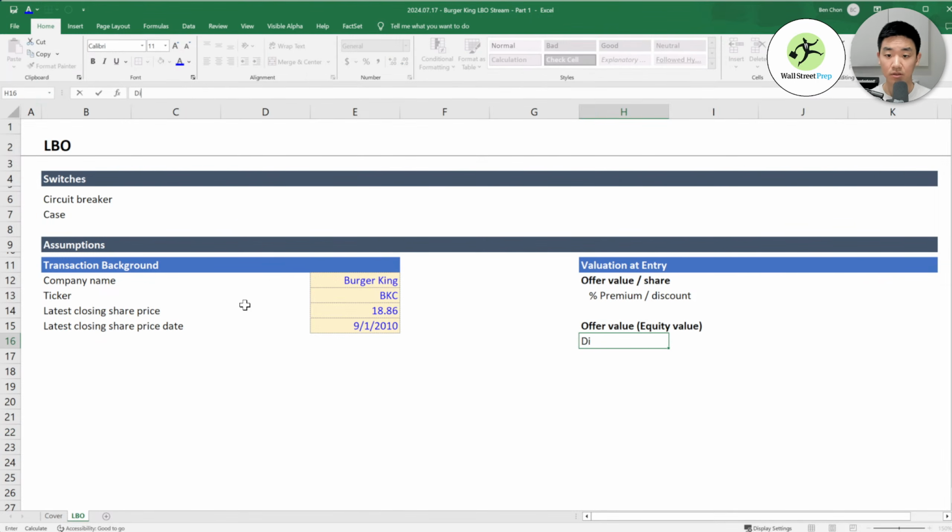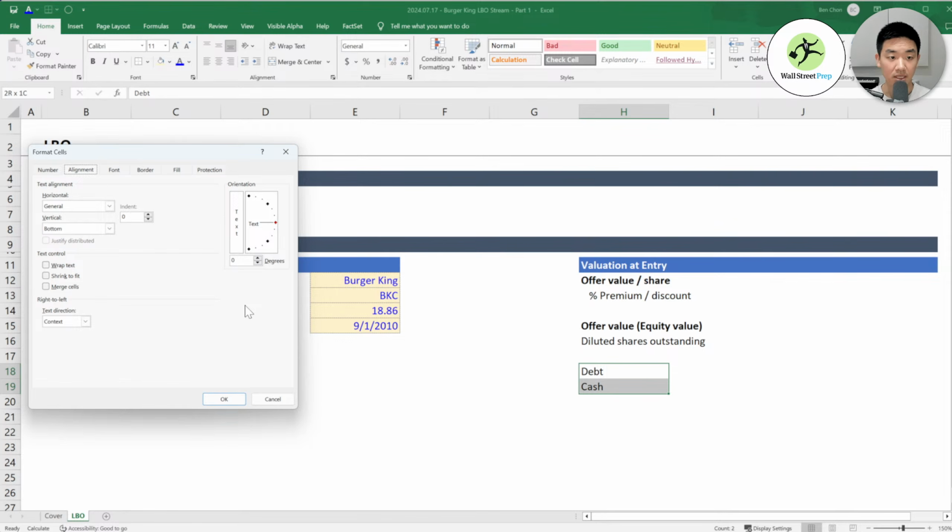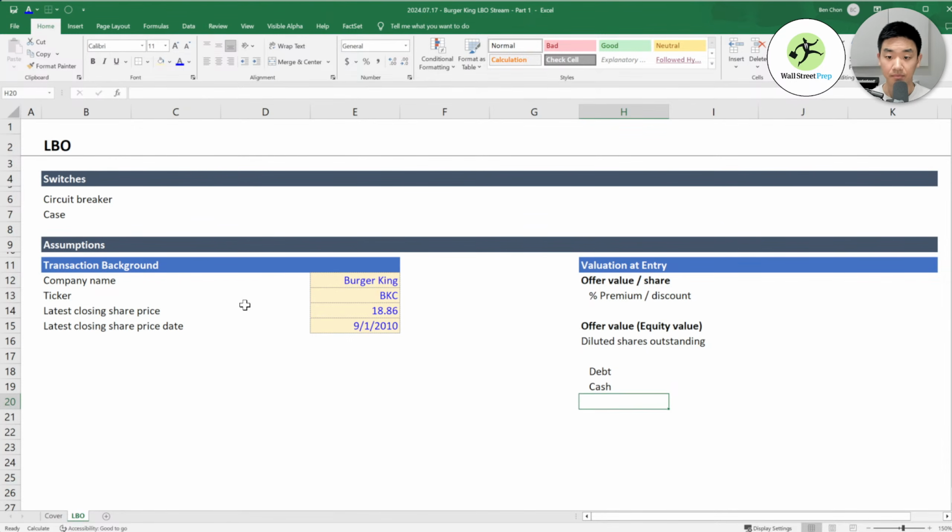And then diluted shares outstanding. That's another thing that I haven't done on my streams, of how to actually calculate your diluted shares. So that's something we're going to do. Then we're going to need our debt and cash figures. I'm going to indent this a little bit. And then that gets us to our enterprise value.